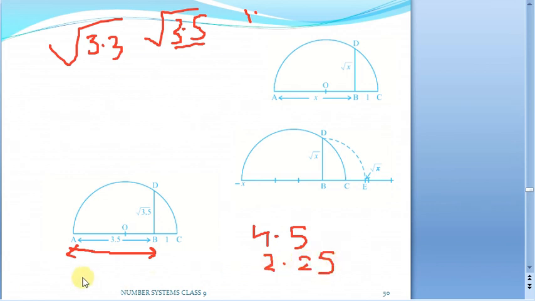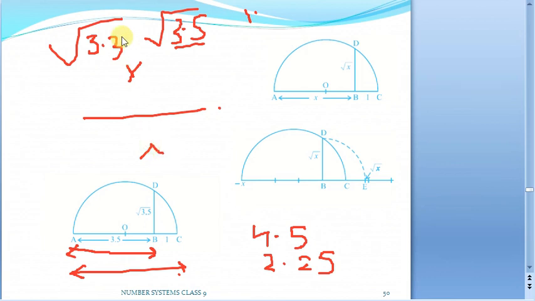So for this entire length AC, already we know how to make the perpendicular bisection. Using the compass, take more than half, draw an arc like this on both sides, intersect them, and you will find the exact midpoint here. Likewise, find the midpoint of AC. You will find it to be O. Now take O as the center and OA as the radius. Remember, don't bisect this 3.5. We have to bisect this 4.5. After adding this one, you'll get 4.5, and we have to bisect it, and you'll get half of 4.5 exactly here at O, the center.